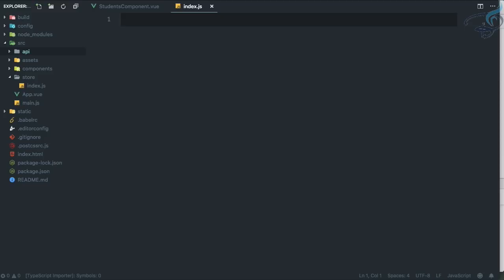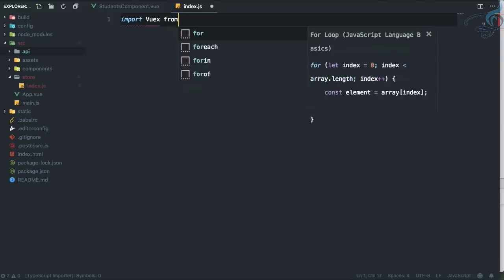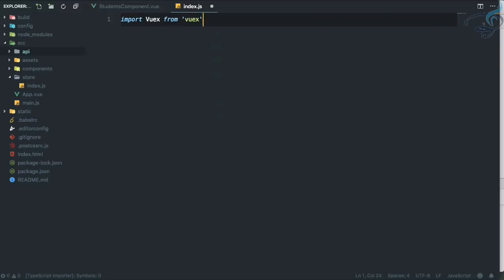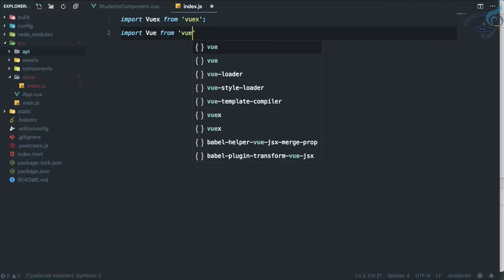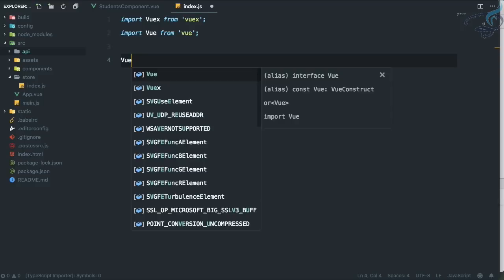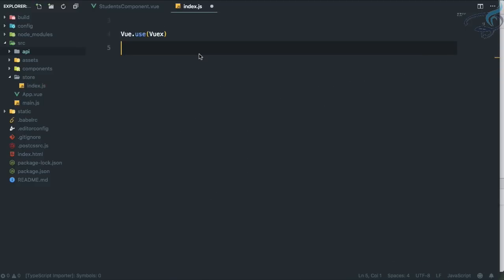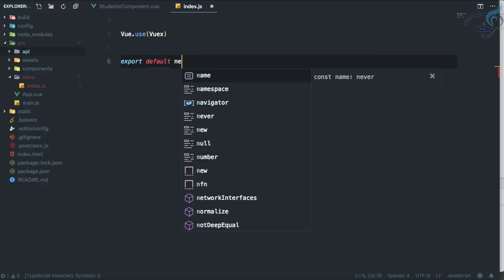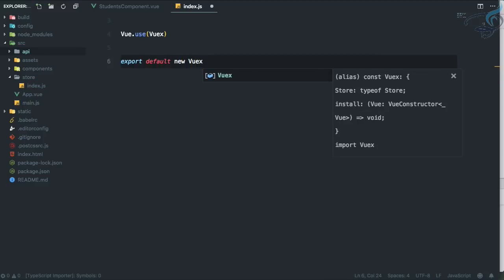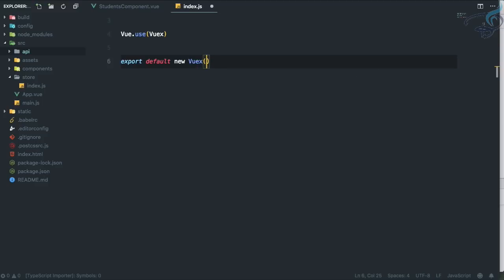And here, first thing we have to import Vuex from Vuex. Simple. Again, we have to import Vue from Vue. Simple. And then let's use Vue.use(Vuex). So here now we can say export default of new Vuex, and here we will provide all the information related to